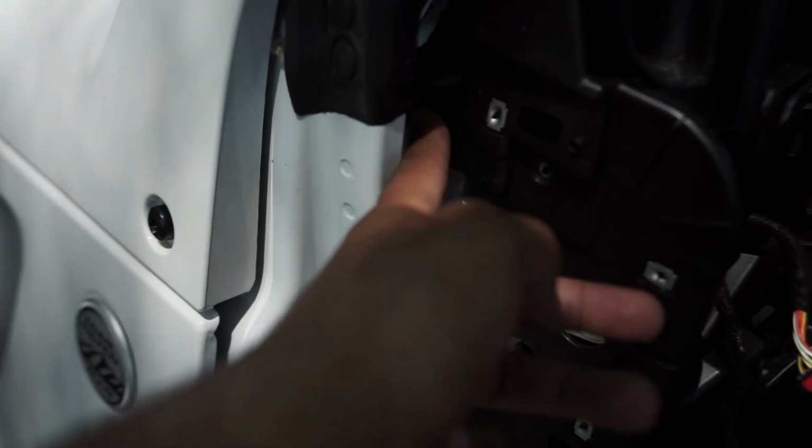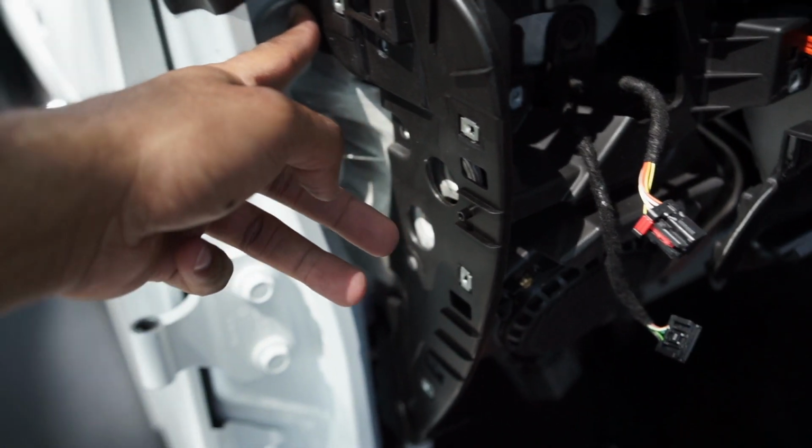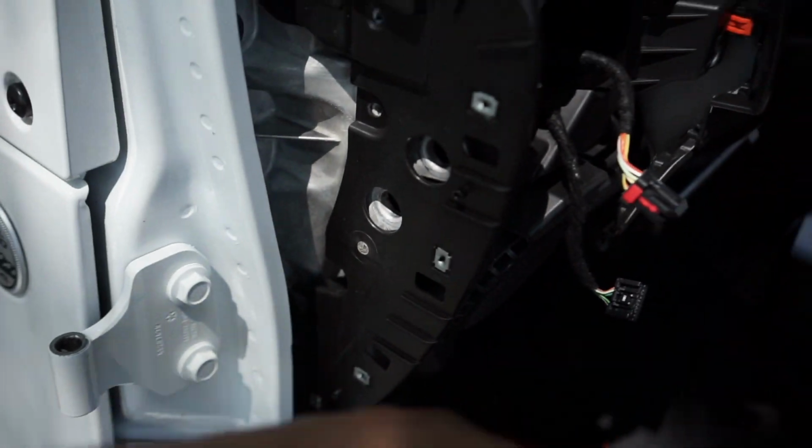I took out this screw right here that's way in the back, if this will focus, whatever, but there's a screw way back here. That one doesn't actually have to come out. I wish I didn't take it out because it's a pain to get in and out. I don't even know if I'm gonna put it back in because it was hard to get out, but you don't need that one out, just the other ones around there. And now I can go ahead and